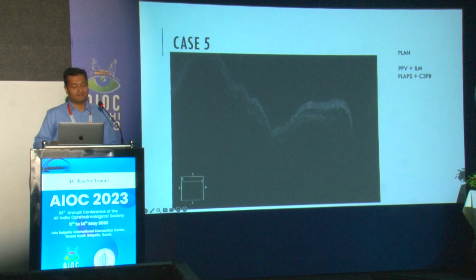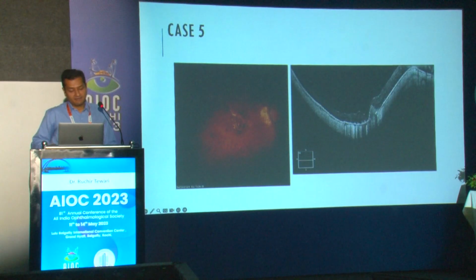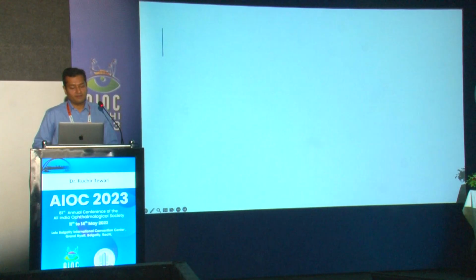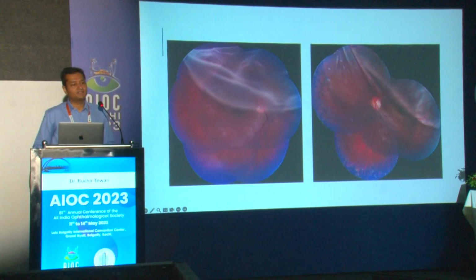Again, this patient was advised pars plana vitrectomy along with ILM flaps and C3F8 gas. This is the fundus picture in the post-op time, and as you can see, the retina is well attached, there is no macular hole, and there is a large CNV that is seen, which signifies the previous anti-VEGF treatment that the patient received earlier. Not all patients come to you with this, and these are certain other complications of myopia